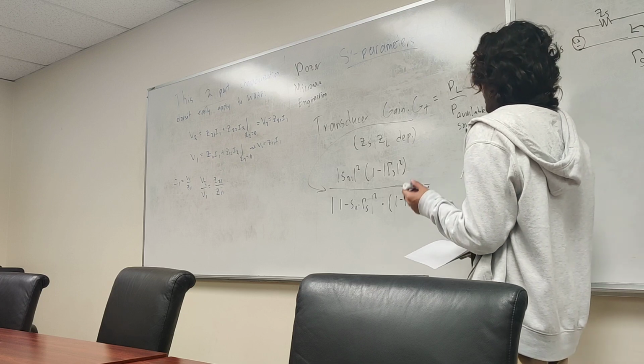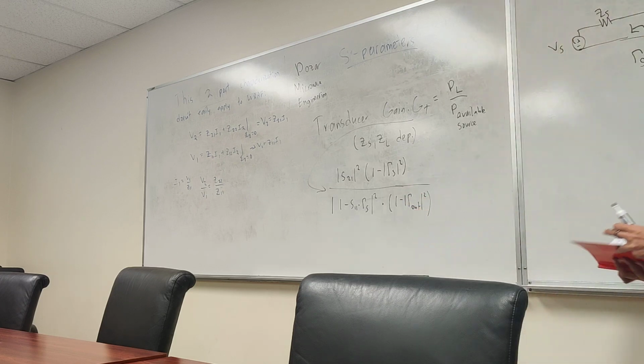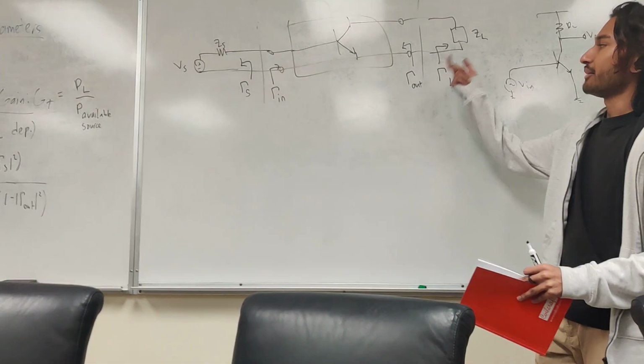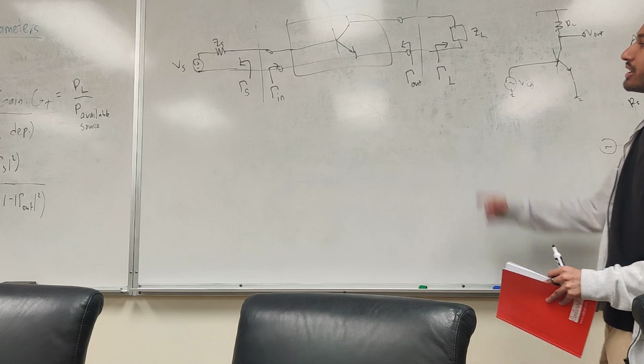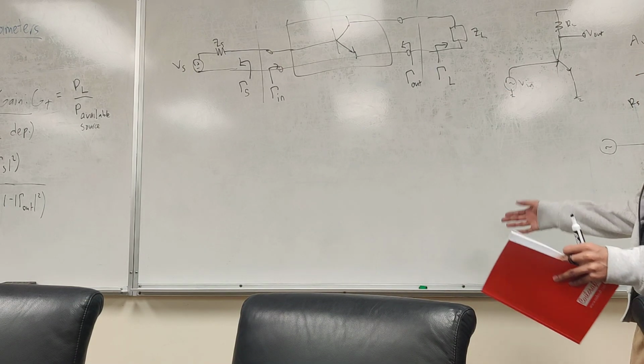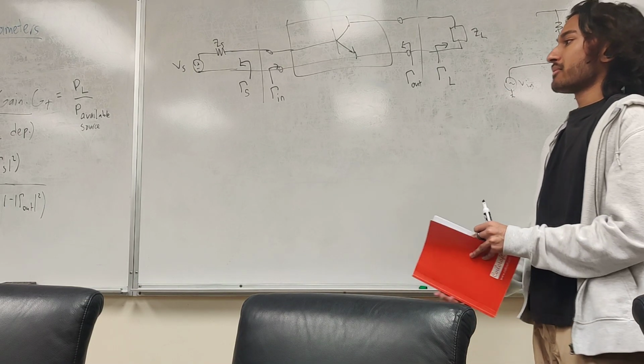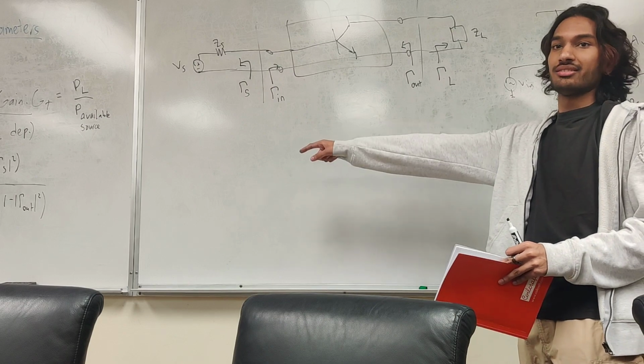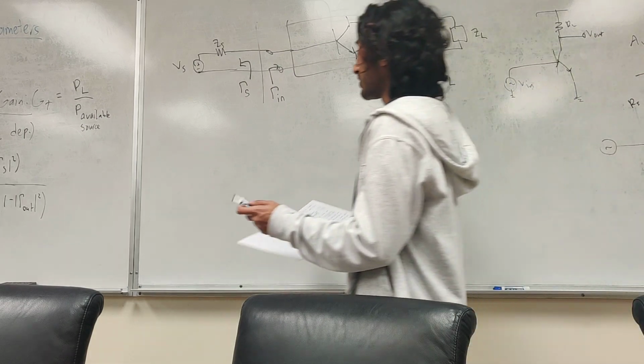Okay. Now let's say we have perfect matching here and here. Everything's 50 ohms. Perfect matching. What happens to our transistor gain? Ideally, we want that thing to be as high as possible, right? So if everything is matched,